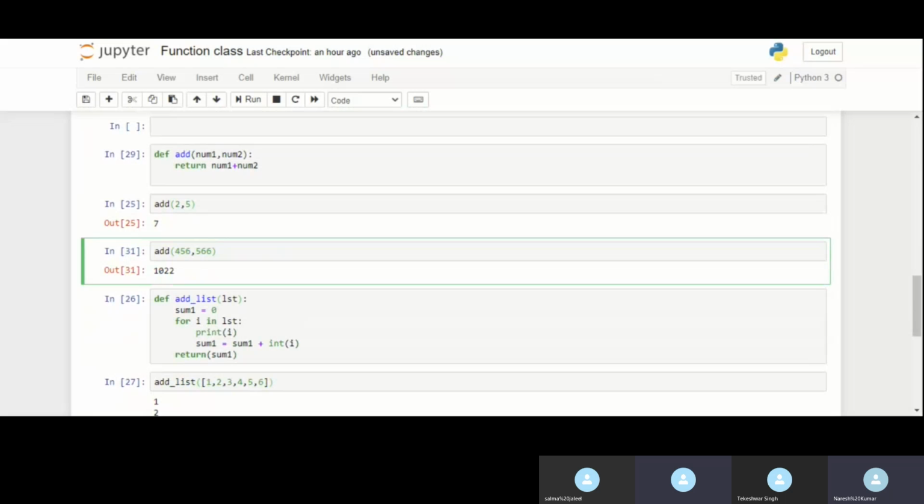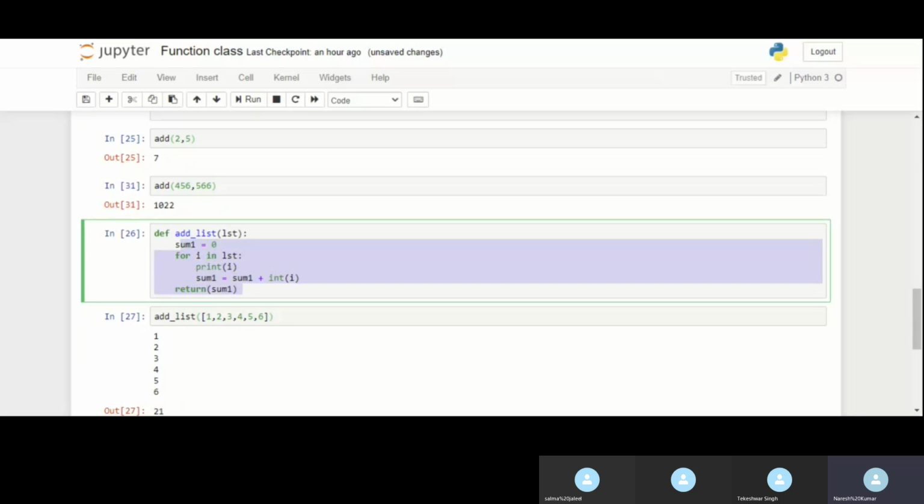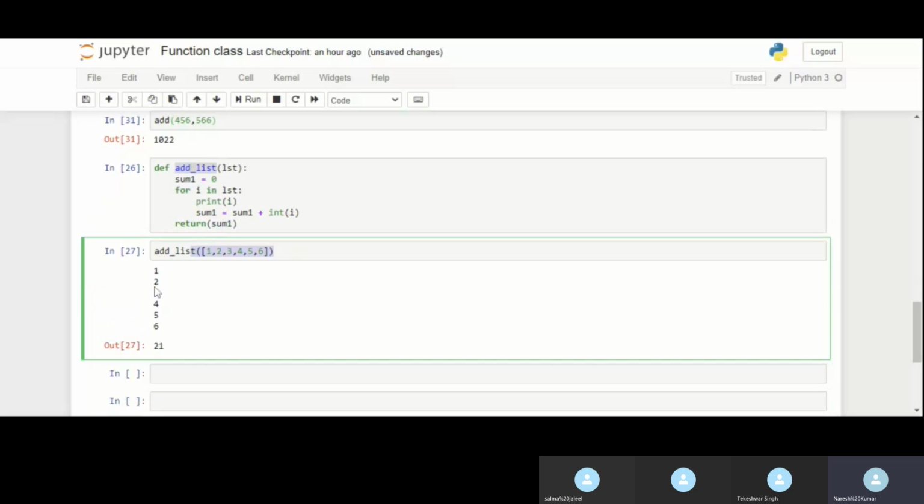Those sorts of automation, if we want to do, we can easily do with the help of a function. Just define all your tasks inside the function body and we can get the output. Similarly, what we were seeing, the total sales of a store, you just have to pass your data set here in this function, that is the list, and you will easily get the addition of all the numbers from that list, right?